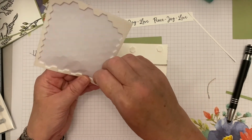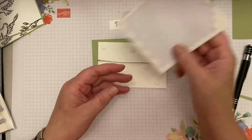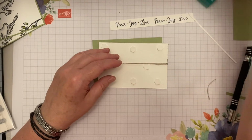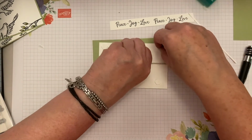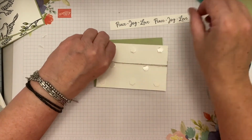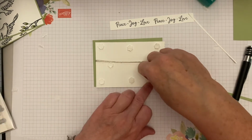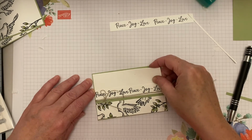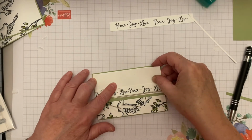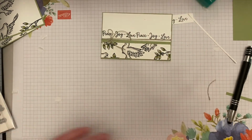And then I just want a couple. That's it. Picky little things. Okay, so just want to be careful with our placement, because there isn't a lot of play with the dimensionals, and we've only got a small border round. So that's ready now to go onto our card blank,